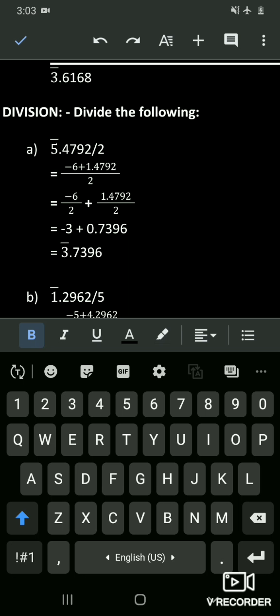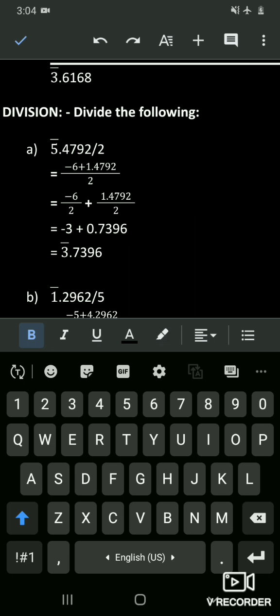So here the characteristic is minus 5. In such cases, you have to simplify the numerator according to the value that is given in the denominator. So here dividing minus 5 by 2 would be difficult. So you can check and simplify the values which can be easily divided by the denominator. So here the value is 2. So the nearest value is minus 6 instead of minus 5, which can be divided by 2, that is minus 6 divided by 2 is minus 3.